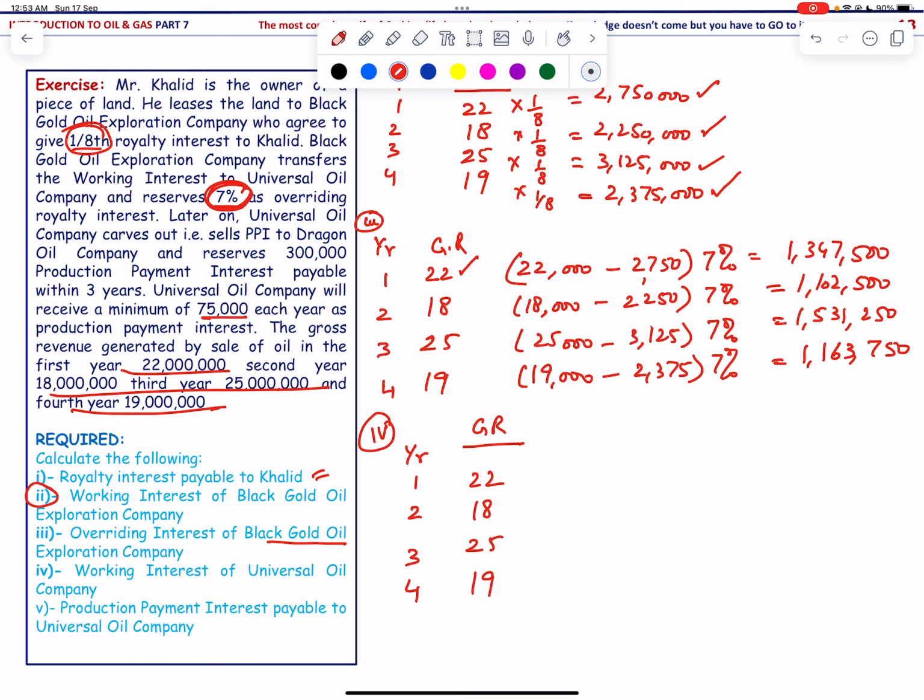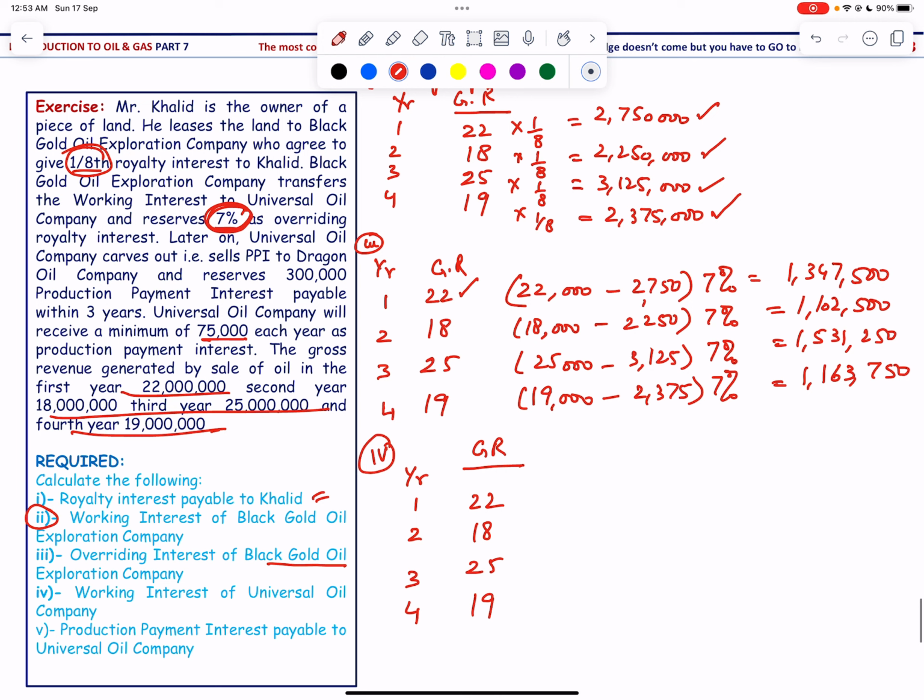And from this we are going to subtract 2,750, that is paid as royalty, and 1,347,500 we have paid as overriding interest. So the working interest